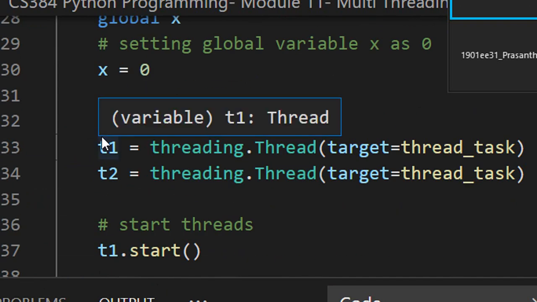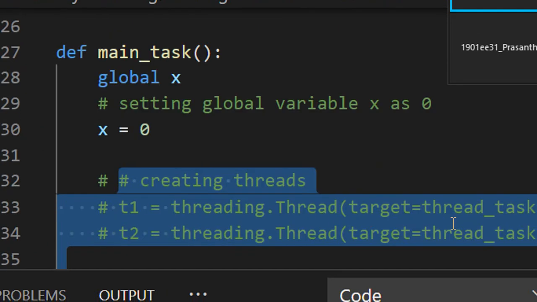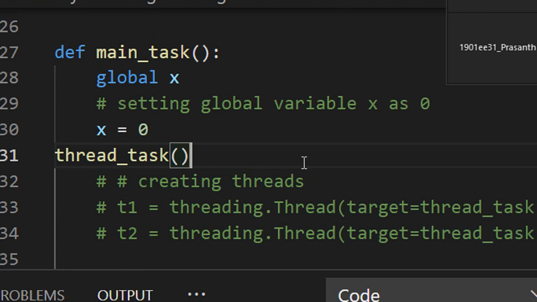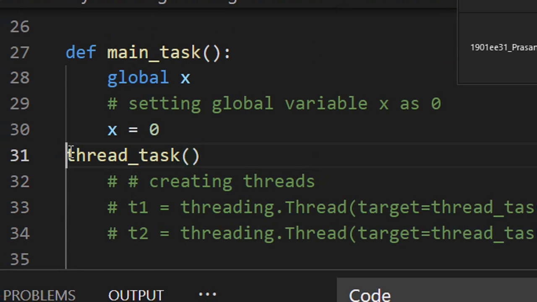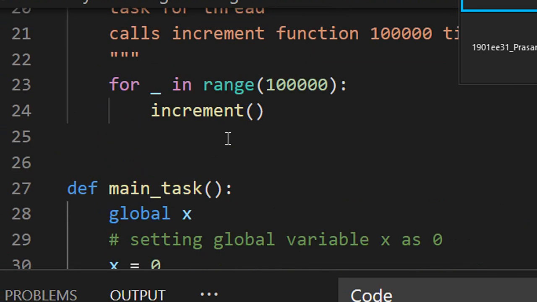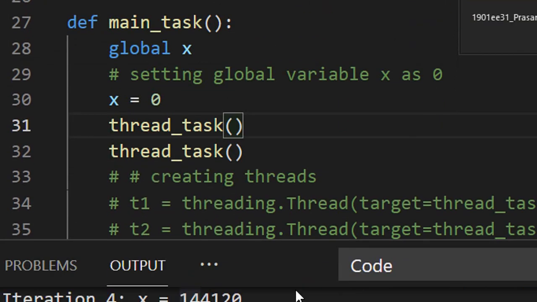Now how do you check that? Let me do one thing: let me just pass this function. Now I'm calling this function twice in a normal fashion, without threading. Let me run the code.